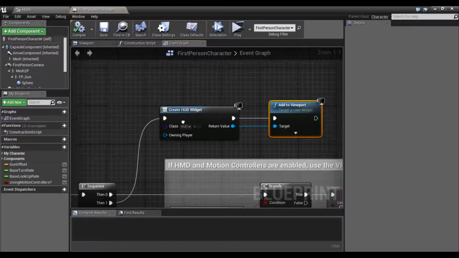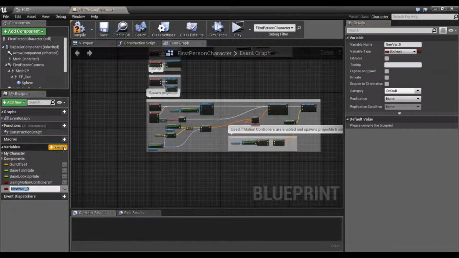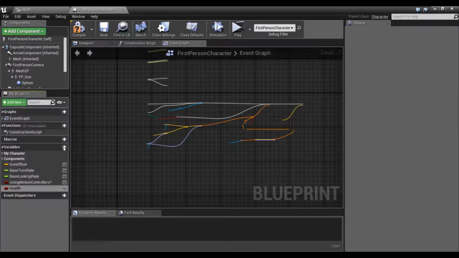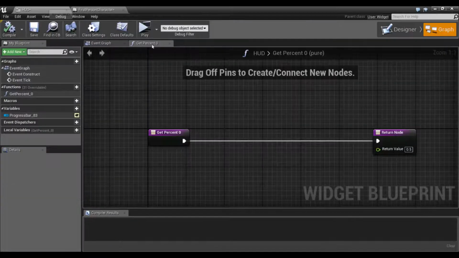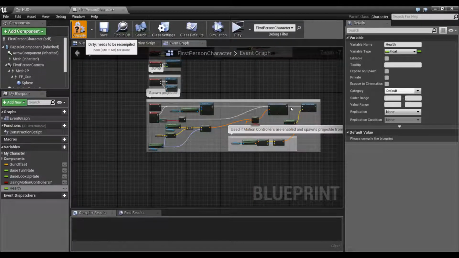So now we'll need to make the health system. We go to the variables and we add a new one, call it health, and we'll need to make it the same kind as this one, which is float, and we set a number to it. Let's make it 100,